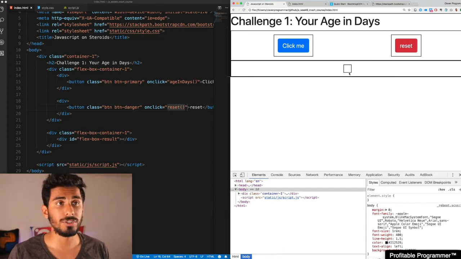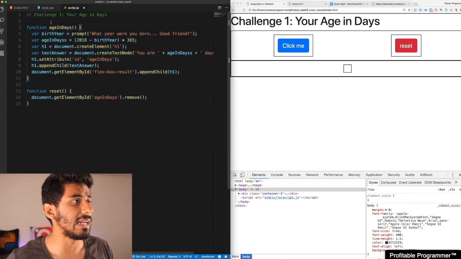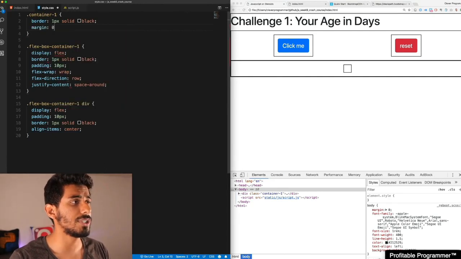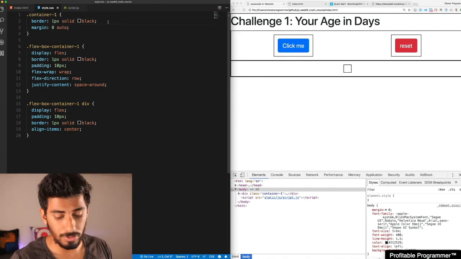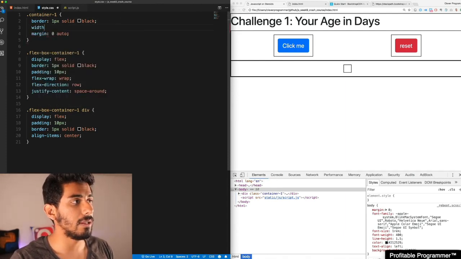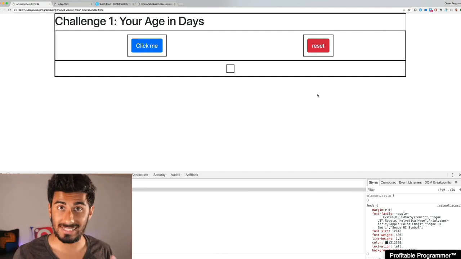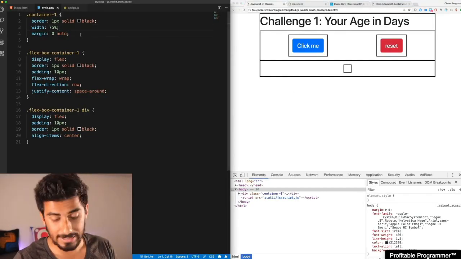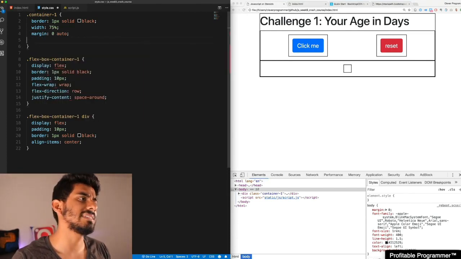And the last thing we want to do in this challenge is just make sure everything is kind of centralized. So what I want to do is I will go to my style.css. I'll go to my container. And I'm going to do margin 0 auto, and I'll hit refresh here, and I'm going to go to my width, and I'll make my width like about 75%, and I'll hit refresh. And now you can see that it's a little bit more centralized, right? But the text is still not centralized. So last thing I want to do is align text, or I think it's text-align,